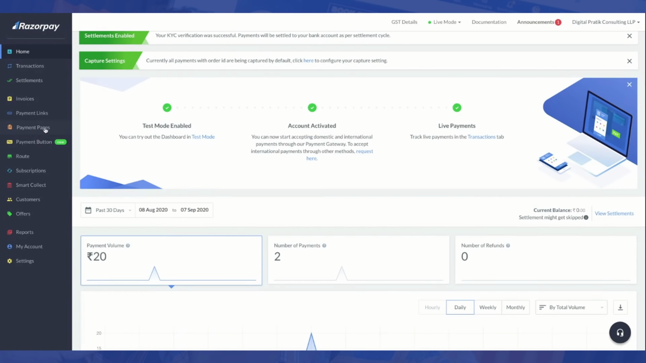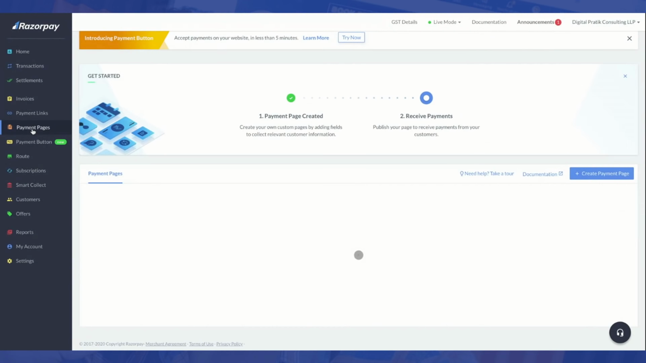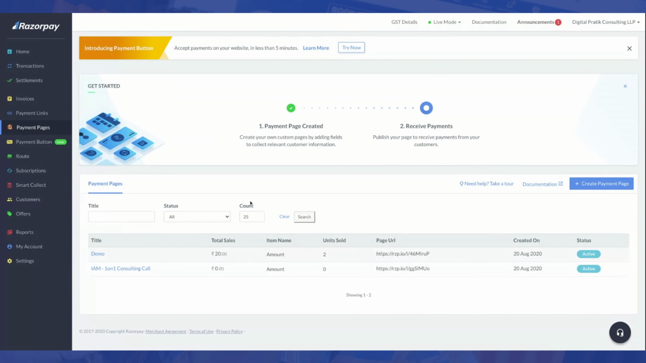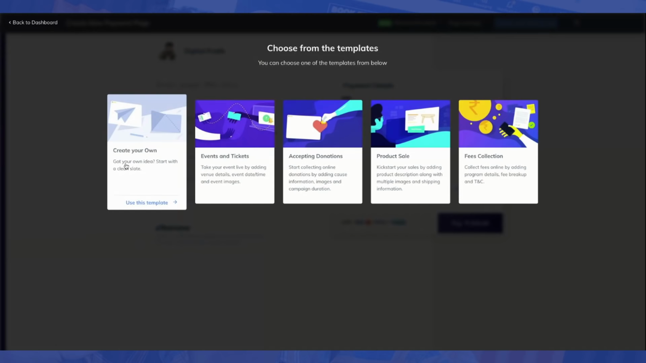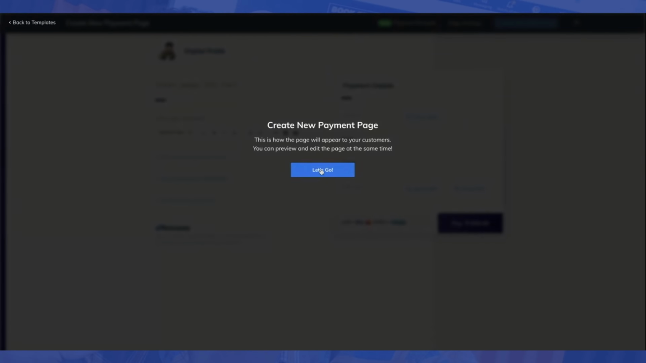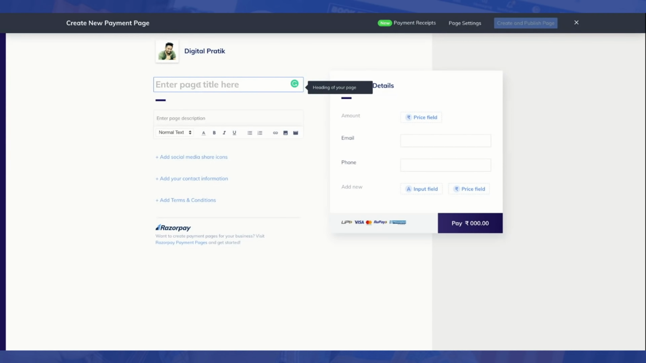Now all I'll do is go to payment pages on the left hand side, click on payment pages, and right over here you will click on create payment page, and then click on create your own. You can click on any of these. I generally create my own, and let's go. And I'll enter the payment detail over here. So whatever it is, like let's say